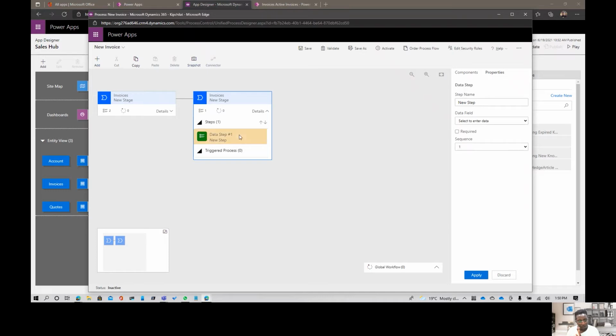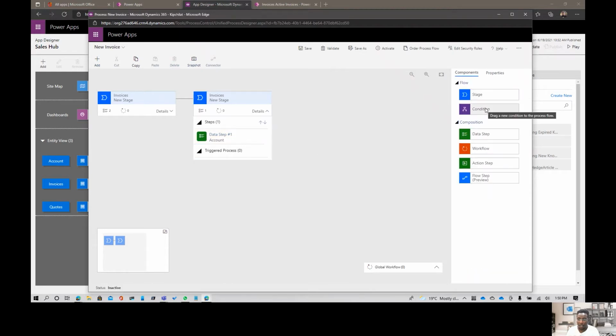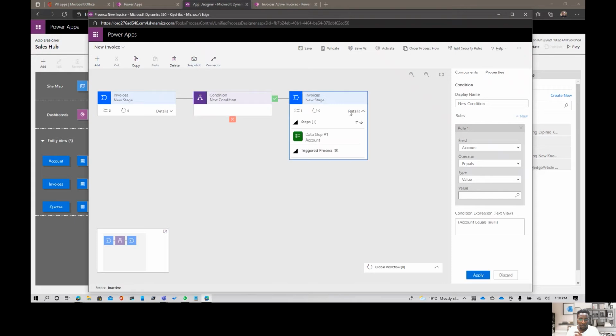Now, in here we also have a data step, and in this data step we want to add, let's see, what do we add in here? Who is this customer? And let's say that's where we want to apply our conditions. Now we can add interesting conditions. Let's add a step here, and notice here this already disappeared. So let's say, what is our condition? So this customer, and notice our condition is based on account, the operator is equals to,